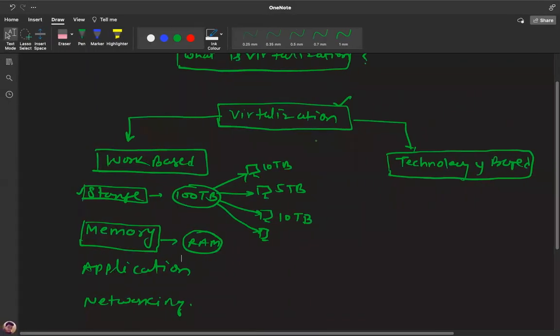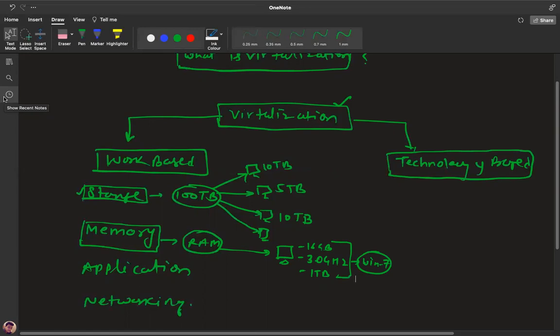Now, for example, you have one machine with a capacity of just 16 gig RAM. This is your desktop or laptop, which contains 16 gig RAM, a 3.0 gigahertz CPU and maybe 1 TB of hard drive. If you use this configuration to install Windows 7, it means we are unable to utilize the entire space, because for Windows 7, I think 4 gig or 8 gig RAM is enough to handle the activity. Is it correct? Yes, correct.